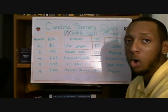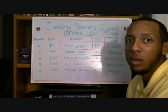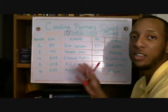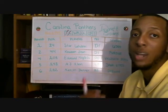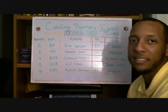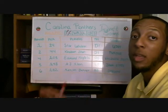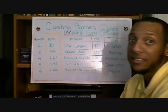In a pinch, sure, this guy can play tackle for you. He had 10 starts in college at tackle, but 22 of his college starts came at the guard position, and I think that's where he more naturally belongs in the National Football League. Teams are going to be intrigued by his size. He has some of the longest arms in this draft class at 6'5",